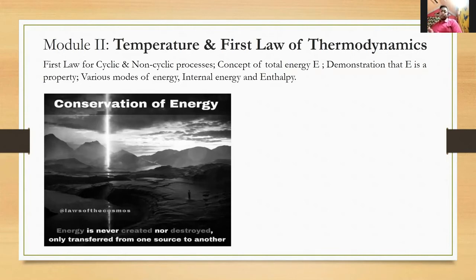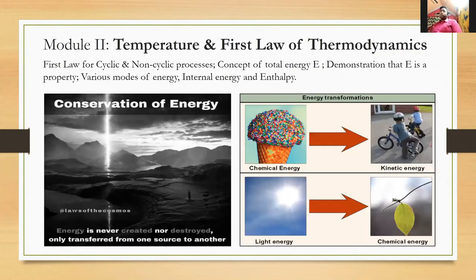If you think deeply about what is really happening, then you can of course relate it to either heat transfer or work transfer. So whatever energy transformation is coming in front of you, it may be chemical energy to kinetic energy, like the ice cream that the baby has taken, and after that he's energized to do something. So basically the chemical energy has come as another energy within himself, and the kinetic energy by which he is doing something. You can think about the light energy, used in photosynthesis, and ultimately creating food for people, or food for the plant itself.